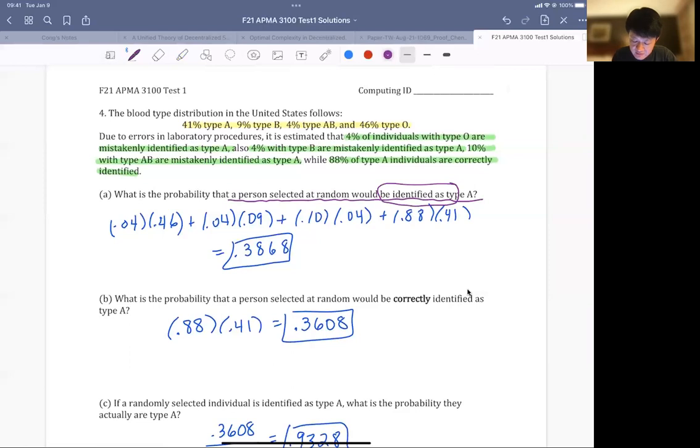So how do we do this? From all these four sentences, they're all giving you the probabilities of identification for individuals with different true underlying blood types. So we need to actually use this information. Let's look at how we did the calculation below. In this calculation, you're adding up 4 terms. The first term is actually,